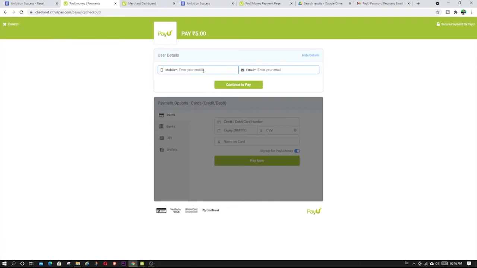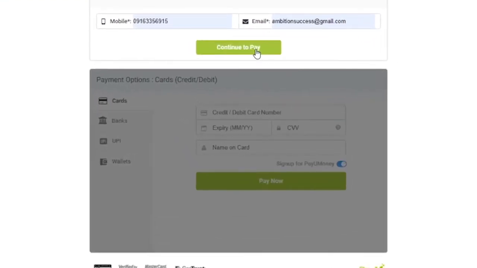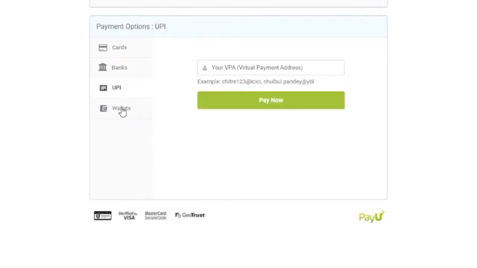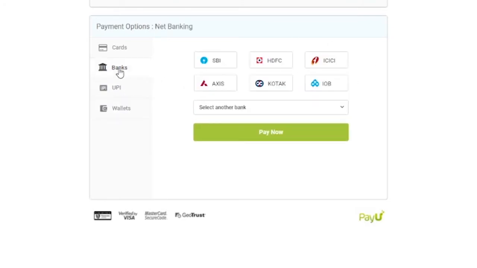So here also I have to give my mobile number for the confirmation, and then I can either use my card, my bank, UPI or wallet. I can use these wallets also. So what I'm using, I'm using the bank.